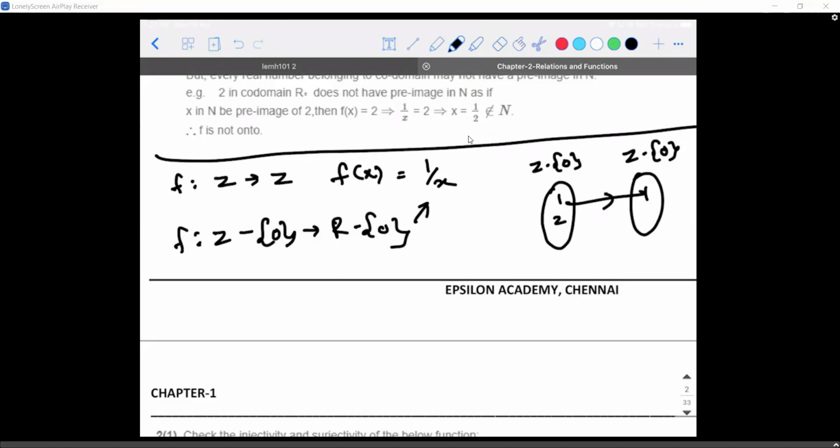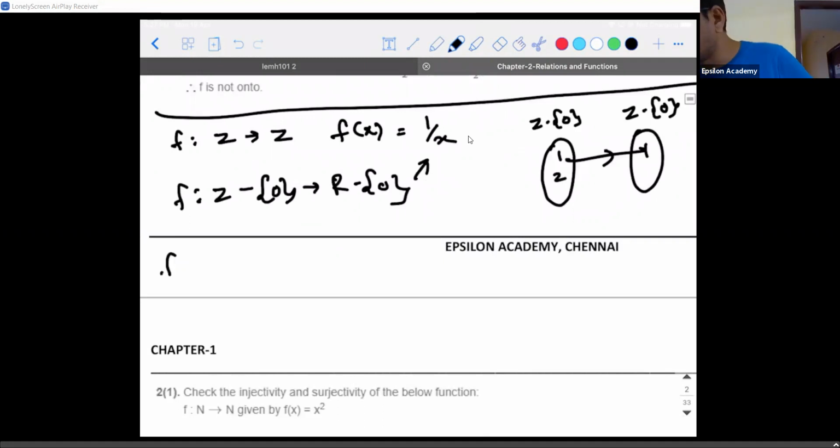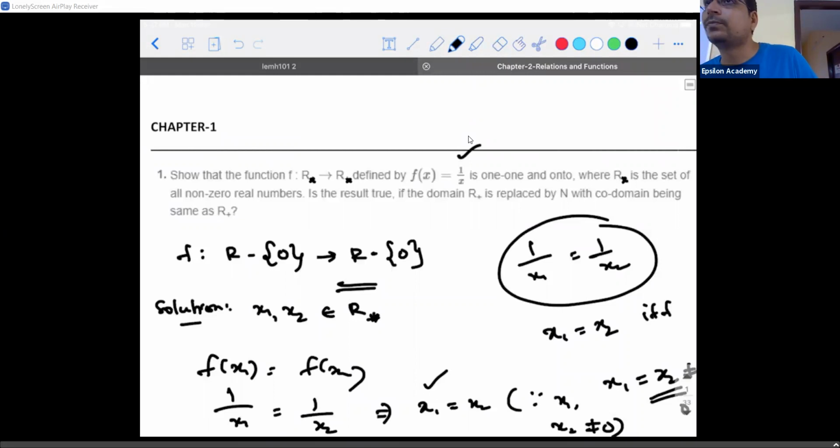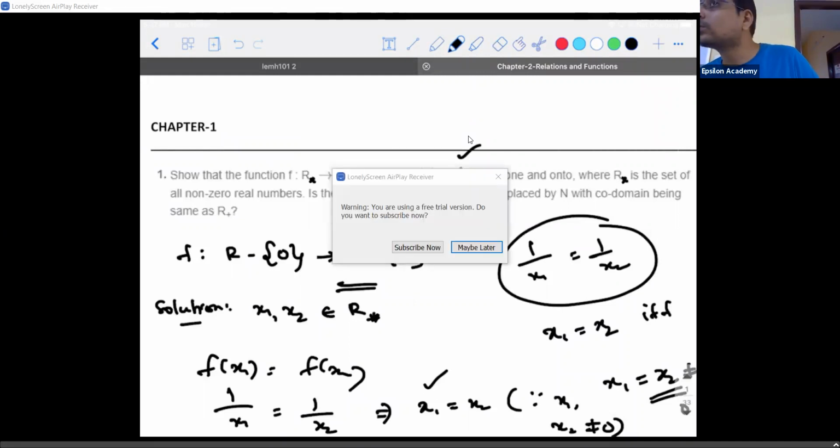Okay. Now I solve and tell you. f of x is equal to 1 by x. One-to-one? Same steps, you need not think anything. The function 1 by x, f is mapped from Z minus 0 to R minus 0. The same function, f of x is 1 by x. I did nothing. Integer to real number, Z minus 0 to R minus 0. Although I give the input as an integer, I am expecting the output to be a real number. Is it a 1-to-1 function? Yes, it is.